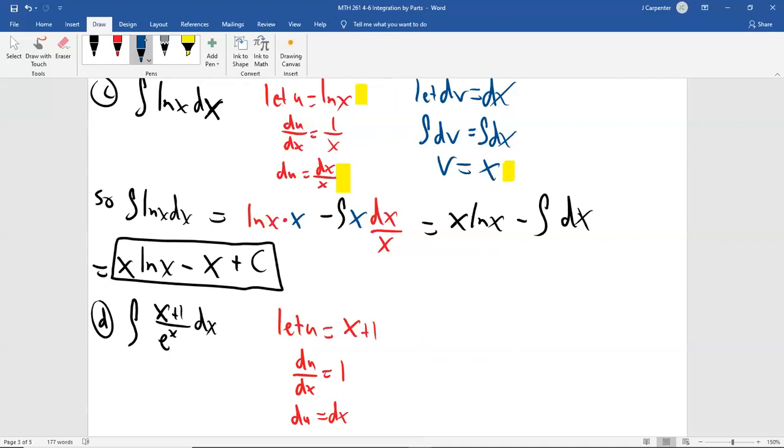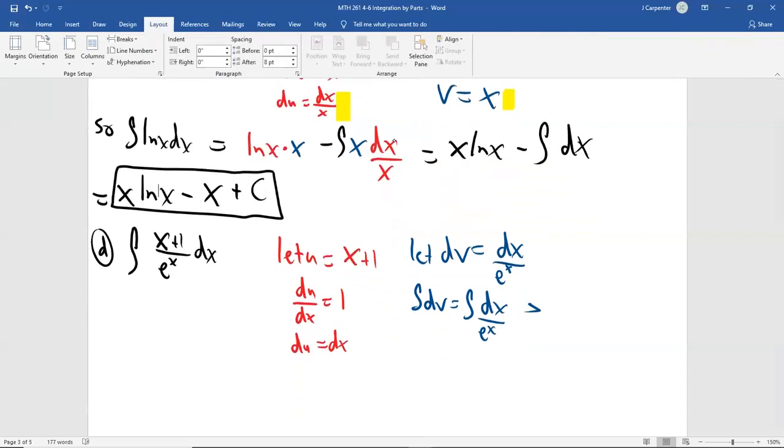So there's the u branch. Now let's say let dv be the rest, which the e to the x is in the bottom. Be careful there. So dv is actually dx over e to the x. And then when you go to integrate it, oh, that looks terrible. That looks like ex, e to the x. There you go. So that'd be the integral of dx over e to the x,